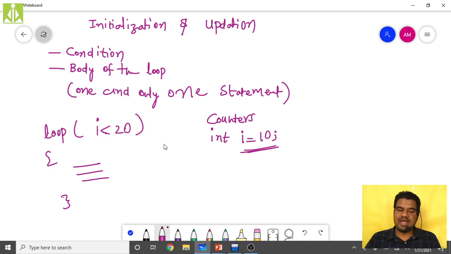So initialization we have done. So now we know the I value. I value is 10, so 10 is less than 20. The condition is true. So the control will enter into the body and execute the body. After executing the body, again the control will come back to the condition for checking. Again 10 is less than 20, again the condition is true. So likewise it will